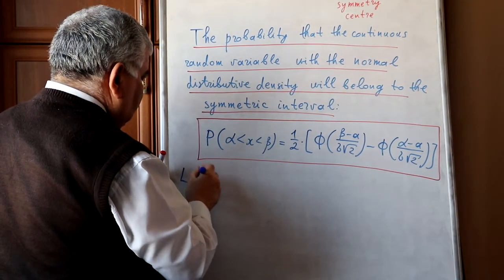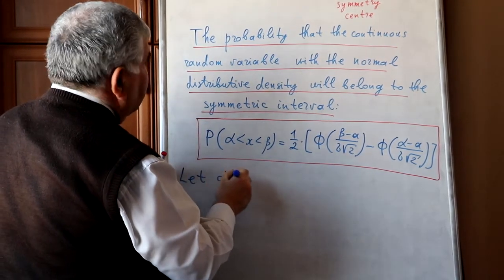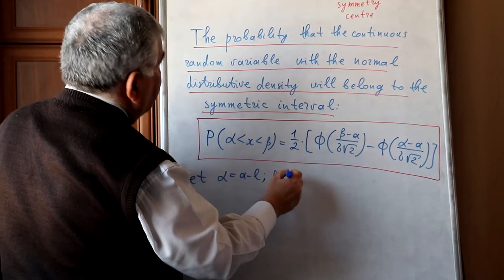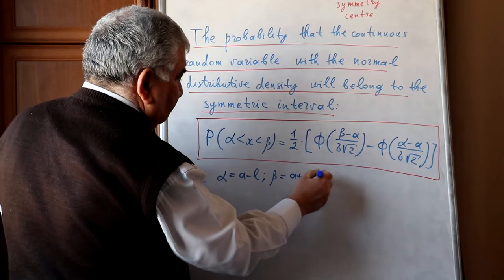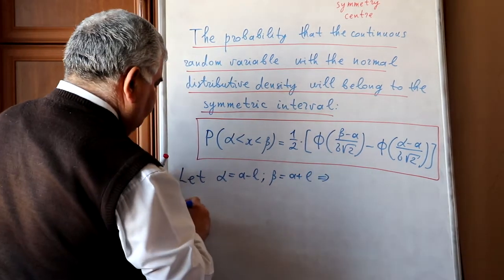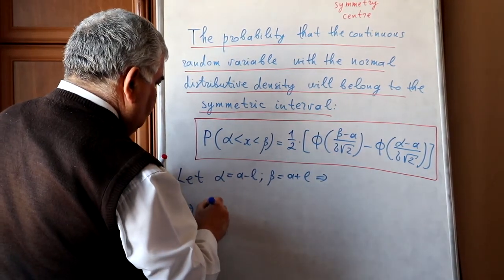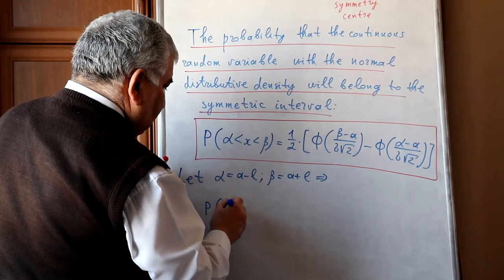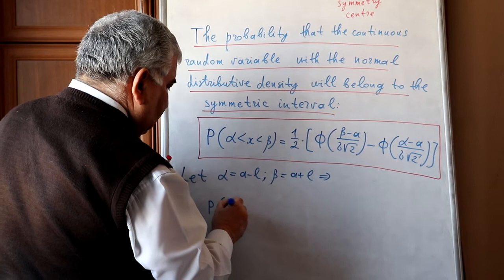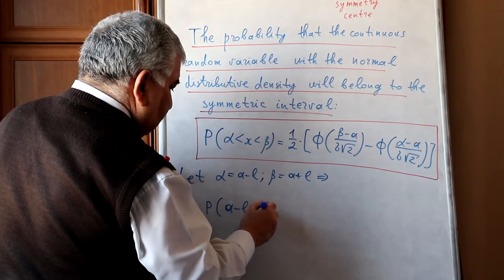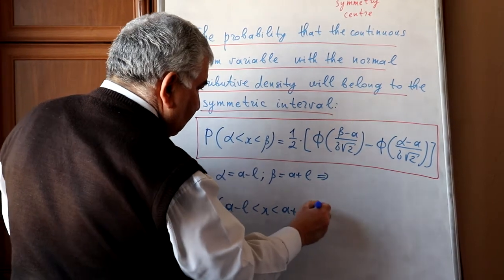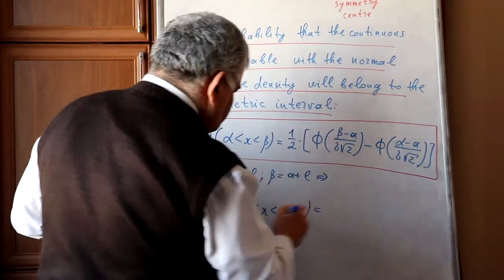Let alpha be A minus L, beta be A plus L. Then we will have P of A minus L is less than X is less than A plus L equals 1 second